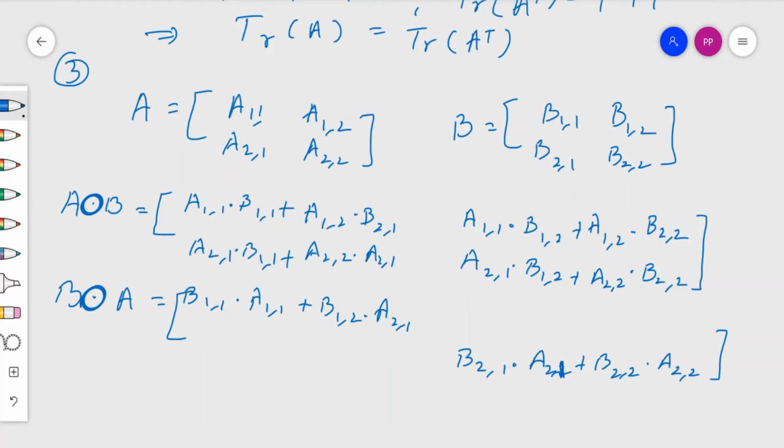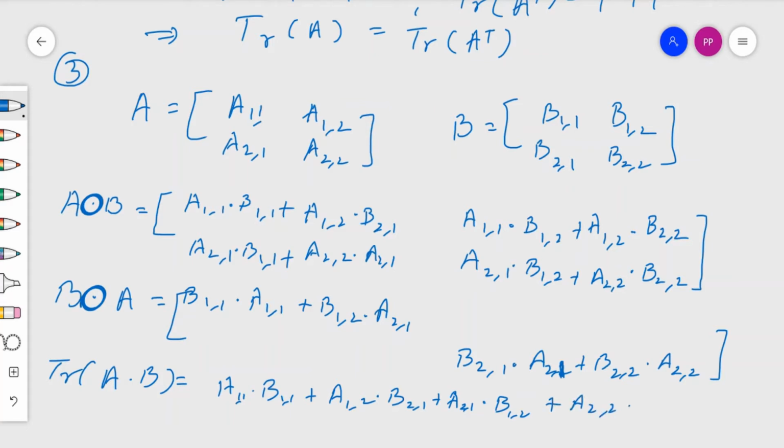So from here, if you write the trace of A dot B, that is equal to a1,1 dot b1,1 plus a1,2 dot b2,1 plus a2,1 dot b1,2 plus a2,2 dot b2,2. Then the trace of B dot A gives b1,1